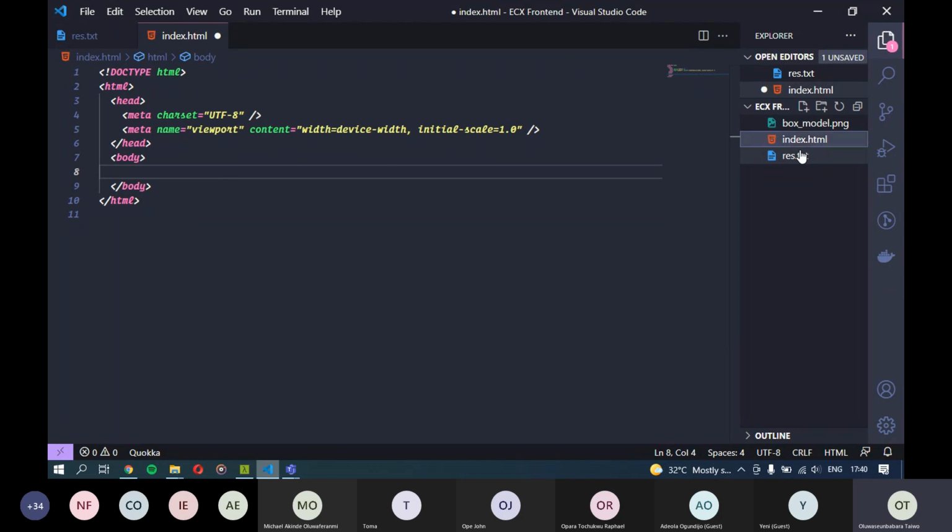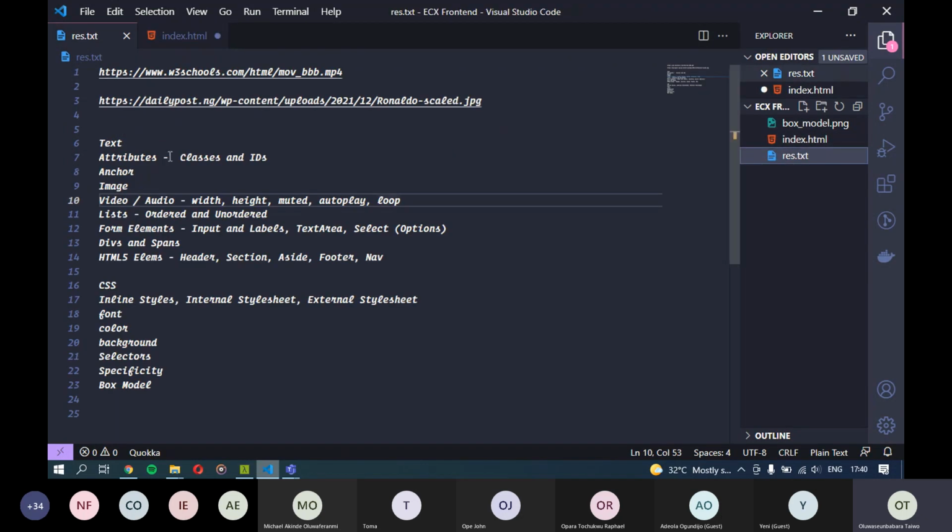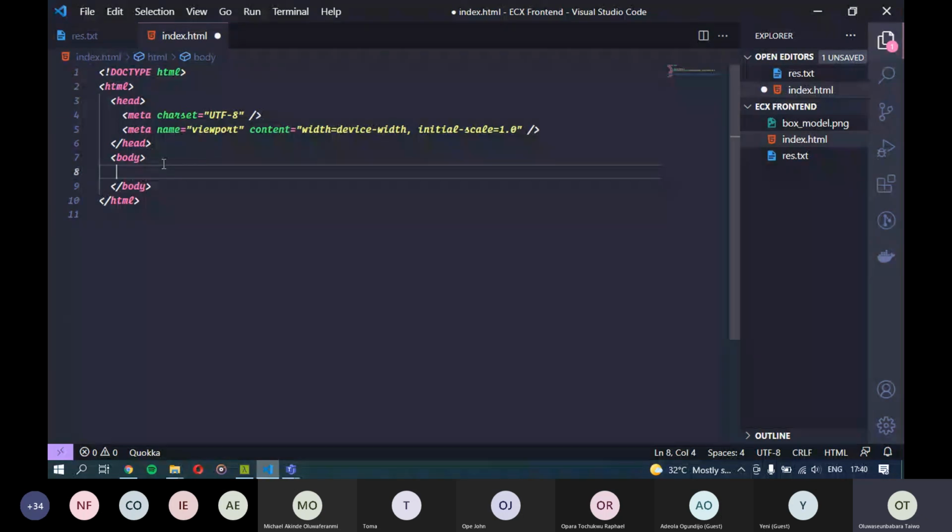So the next thing we have, I've spoken about text. So I'll cover anchor and attributes together. Anchor tags are basically links. Say I design a website for a school, and I want to have a link on the school's website that links to google.com. Maybe they want their students to have easy access to Google, and their students for some reason don't know google.com. So they want a link on the school's website that links to google.com.